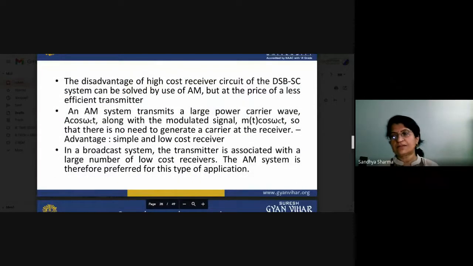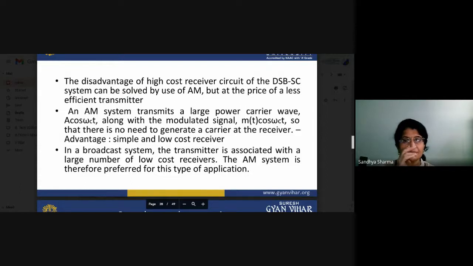Now there is a certain disadvantage. What type of disadvantage are we facing? We will see here high cost receiver, because if you are talking about the DSB SC, you have to suppress the carrier. So now what will happen? At the receiver section, you have to again generate the carrier signal, and the cost of this is very high. So for reducing the cost, we have to opt for the DSB plus C, because if you are transmitting the carrier signal with the modulating signal, there is no need to generate the carrier again at the receiver section. So this is the final method and disadvantage of that particular.